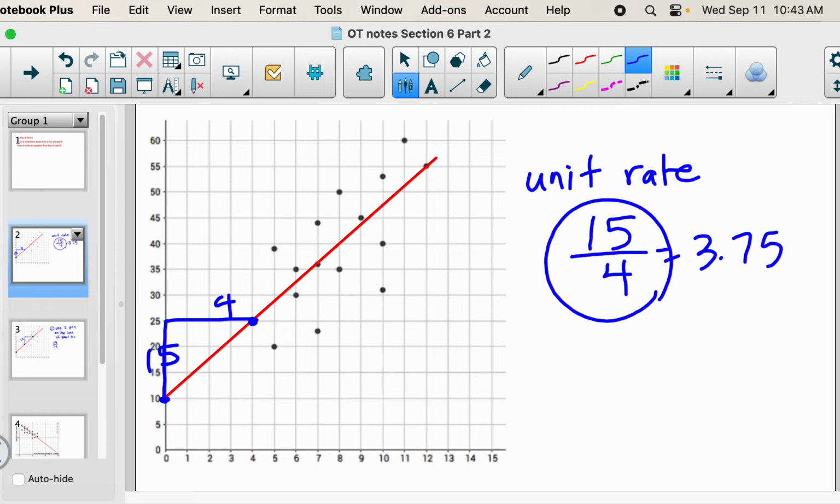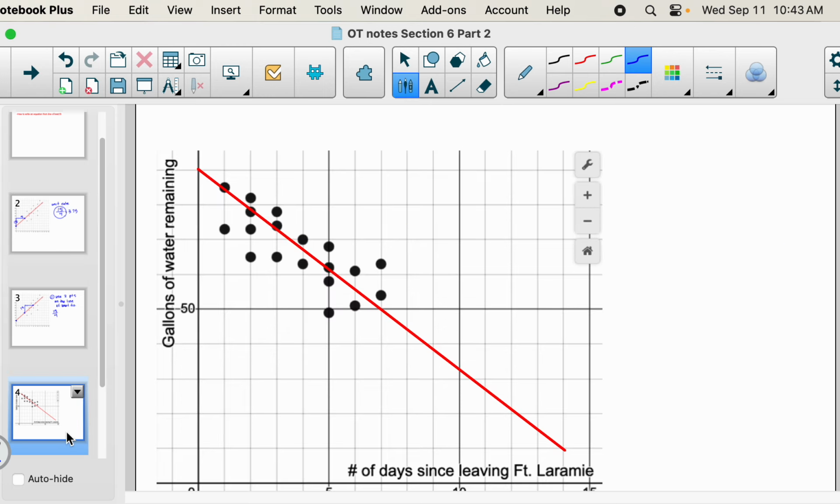Okay, so anything that I'm talking about right now, you could be adding in the margins of your blue packet if you feel like this would be helpful for you right now. I know that these examples aren't in there exactly per se. So then if we had a problem like this, our trend line, would you say it's positive or negative? It's a negative trend, okay? So I know my slope is going to be negative,